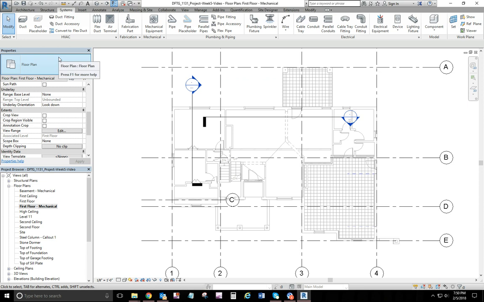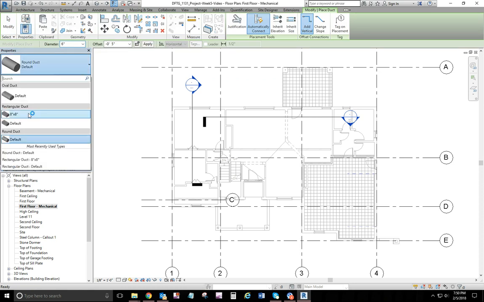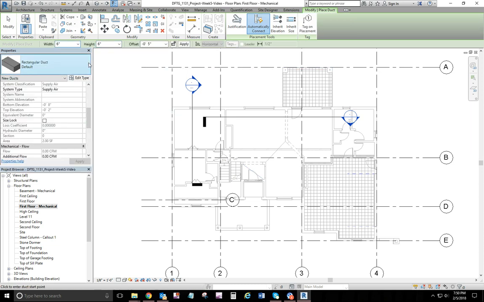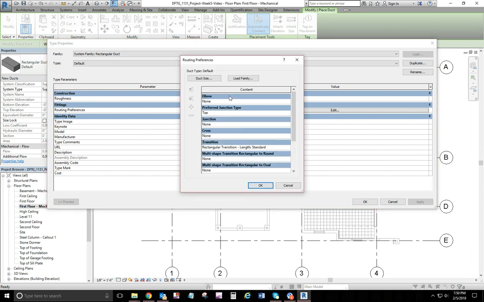You're going to want to load, so just to start with, we're going to have some rectangular duct. So let's go with default, and you want to go edit type and routing preferences. Okay, in this rectangular duct, we're not going to have any elbows. We're not going to have any junctions. Well, yeah, we are. So we're going to change that to tap,